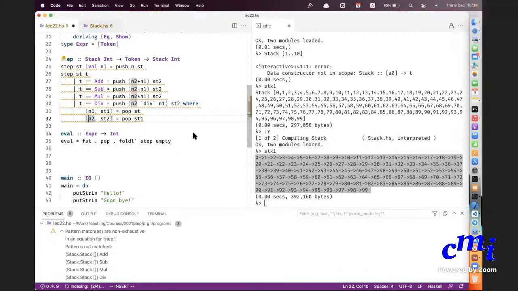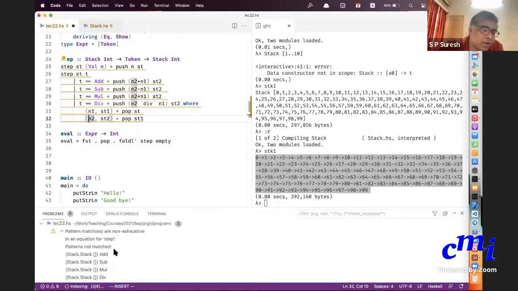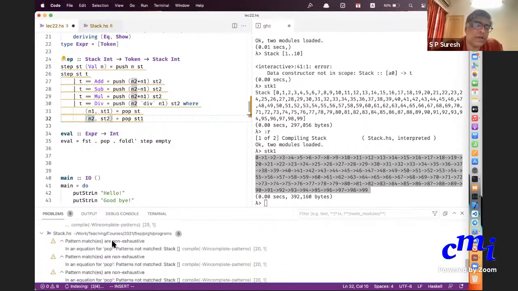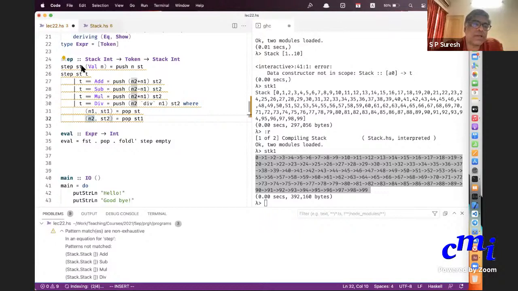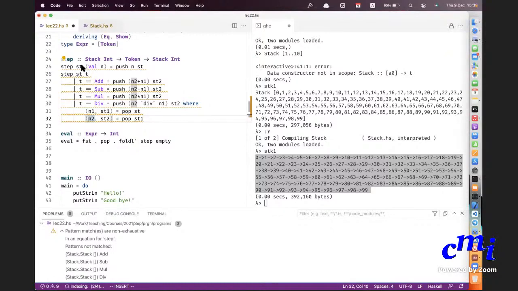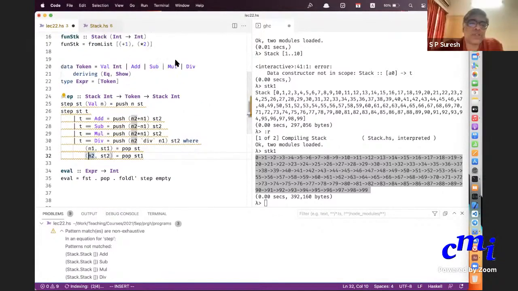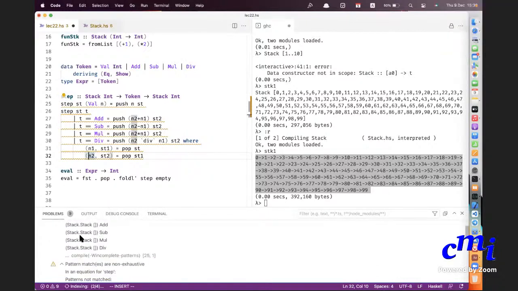Actually, as a very quick thing before we finish, why is it even complaining about pattern matching here? Haven't we done everything? Or have we missed something? It's saying something about ST. I have to go and check. So stack, stack empty, etc. It shouldn't be complaining. There's no empty stack, I think. ST stands for any stack whatsoever. Token is not empty, no? Token is either this or that. It's complaining only about the stack part of it. I'll figure it out and tell you.